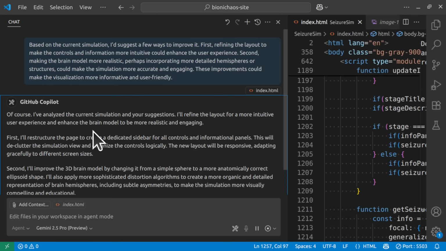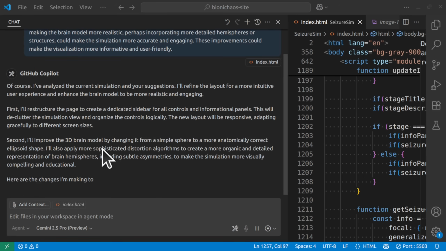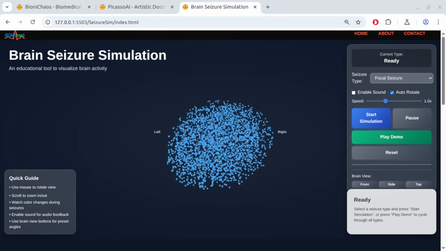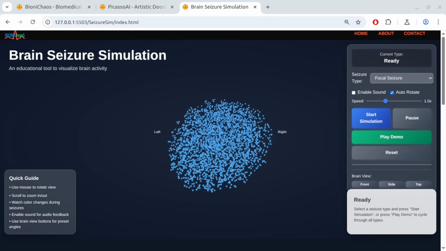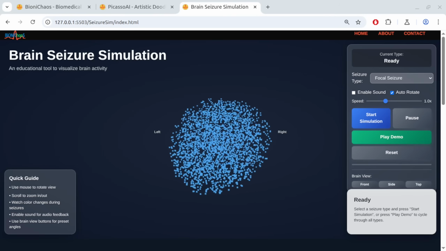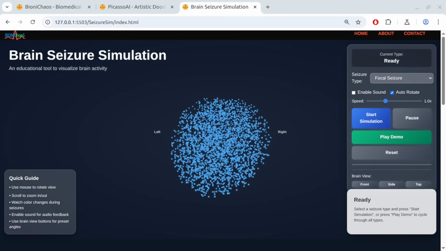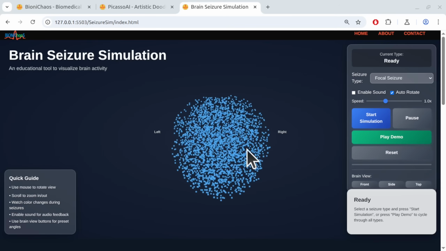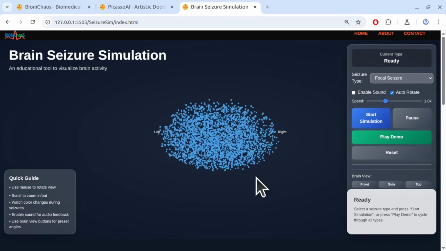It looks like it's going to refine the layout to make the controls and information easier to use. Also, it's planning to make the brain model more realistic by adding more details like hemispheres to make the simulation more accurate and engaging. It's also going to improve the 3D brain model by changing it from a simple sphere to a more anatomically correct ellipsoid shape. It also plans to use more sophisticated distortion algorithms to create a more organic and detailed representation of the brain